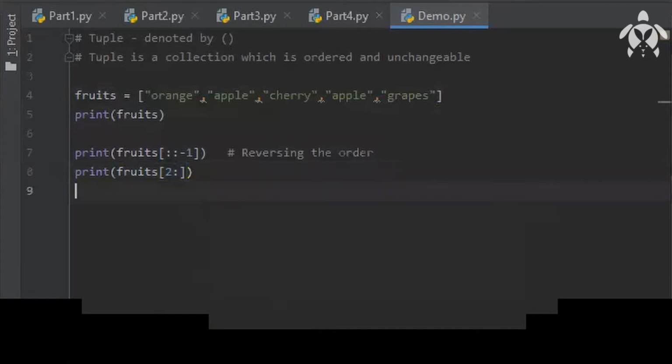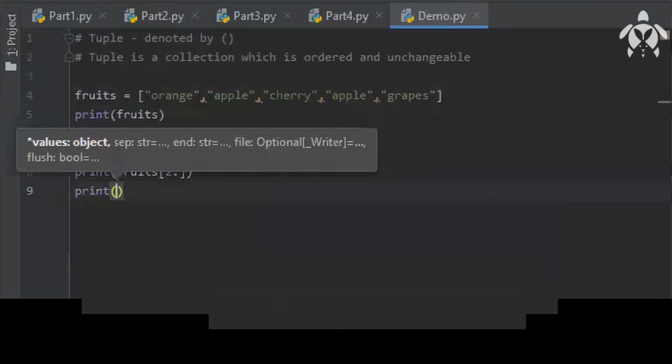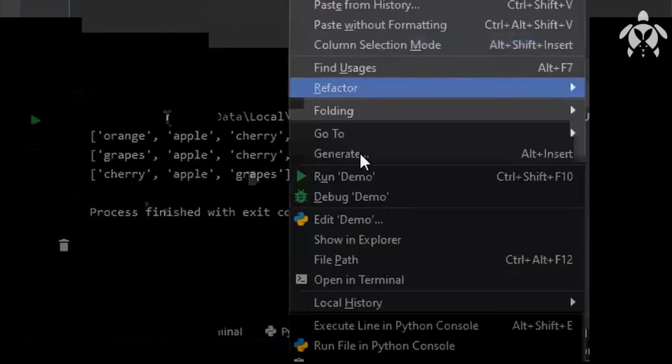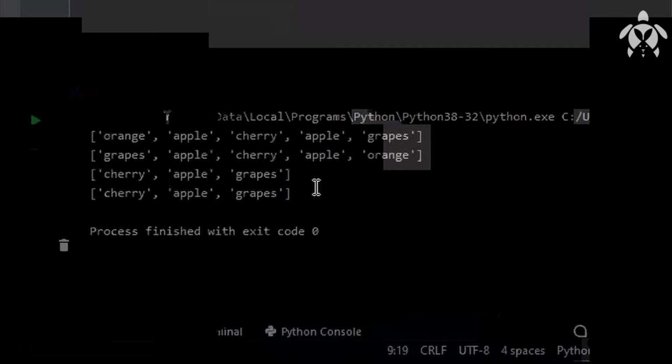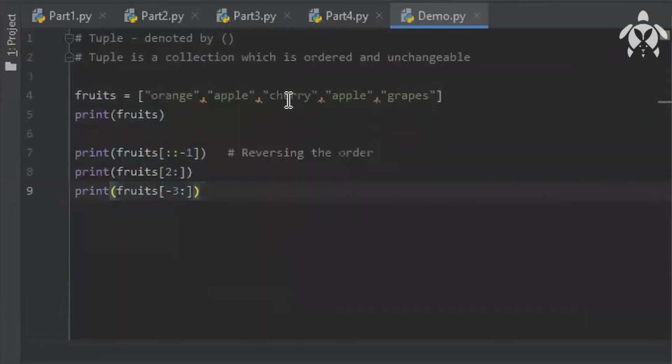So data slicing we have seen last time also, but still I will show some examples here. And let me give another example. Fruits -3 to 1. Let me see what this runs. So you can see you are getting cherry, apple, grapes. Again, doing the same thing. Last -3 it will take the value and it will print all the values. That is what colon means, right?